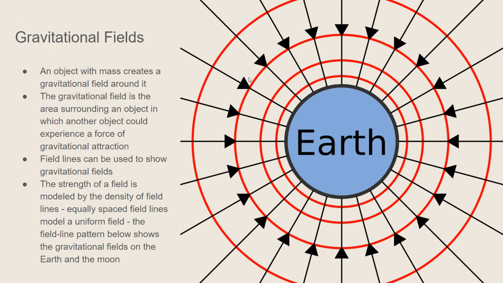So they're evenly spaced. So even this one here, look, they're all evenly spaced, but they seem to be a lot closer together here than they are out here, right? So here, there's going to be a lot more gravity. But as I move away from the Earth, there's less gravity pulling on me because I'm further away from it.